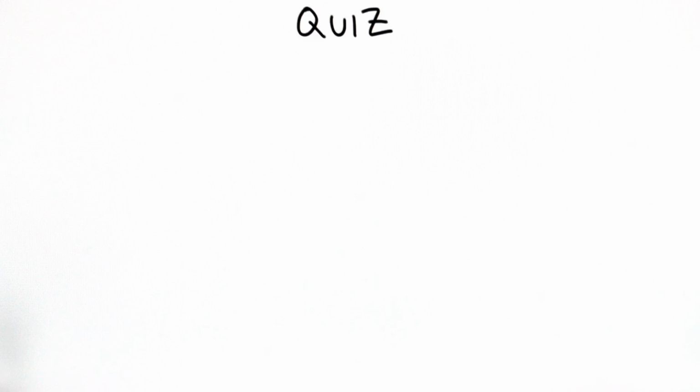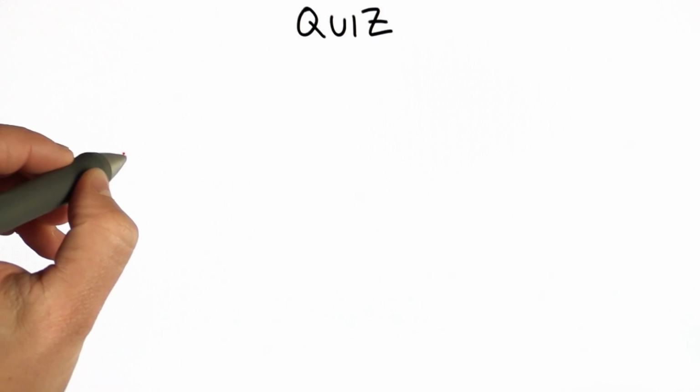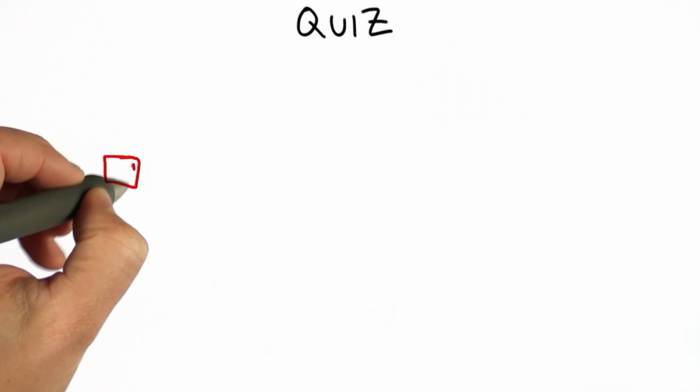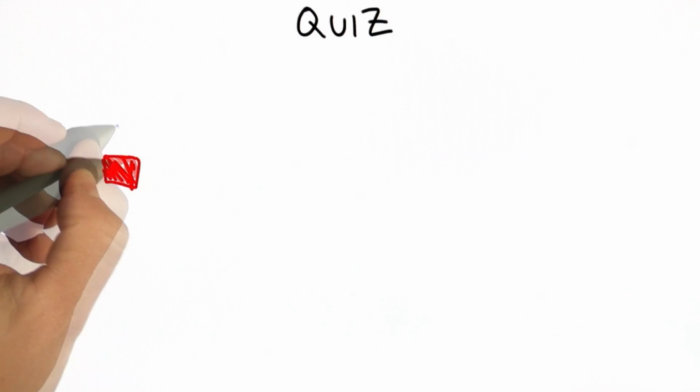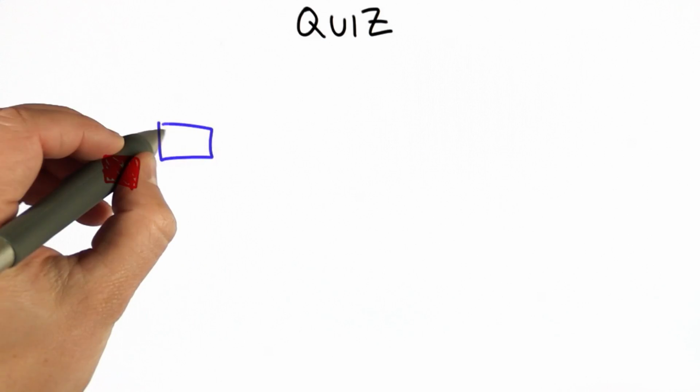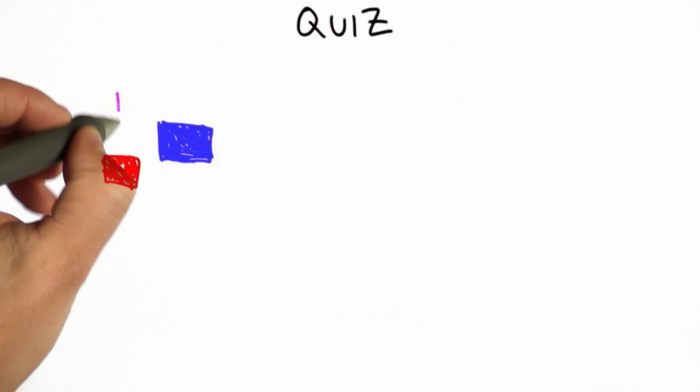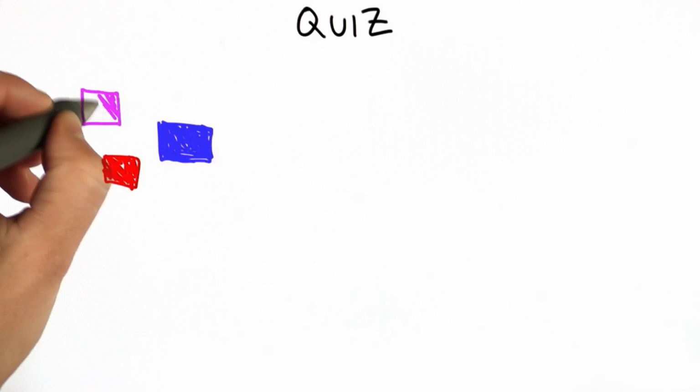So for the next quiz, you're going to define a procedure that can help solve the problem of figuring out how many different ways there are to order objects. So here's the problem we want to solve. Suppose we have 4 blocks. We have a red block, we have a blue block, we have a purple block, and we have a green